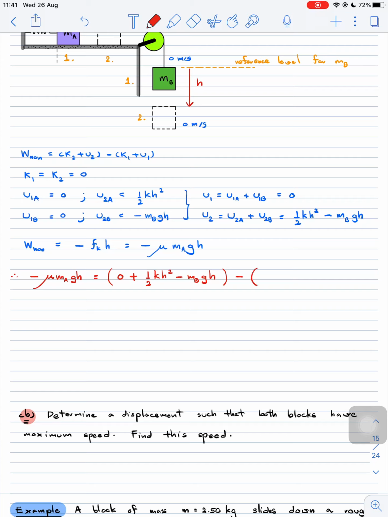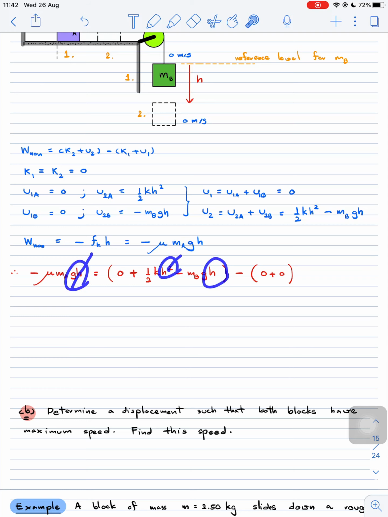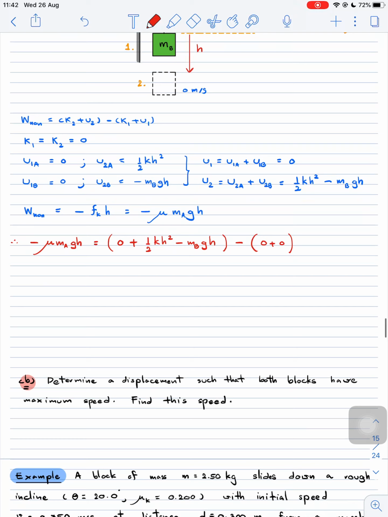minus K1 and U1, right? K1 equals 0 and U1 equals 0 as well. So we have 0 plus 0 here. We have h in each term, so the h can just cancel out, and then finally we can solve for mu. Then we can get that mu is going to be equal to